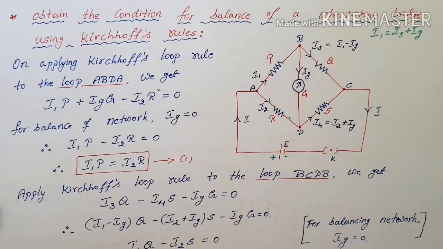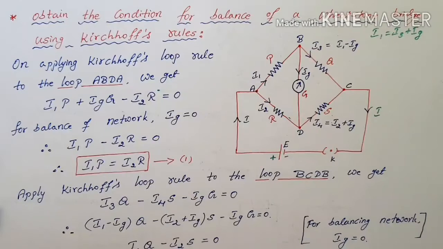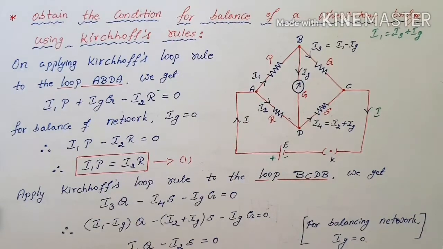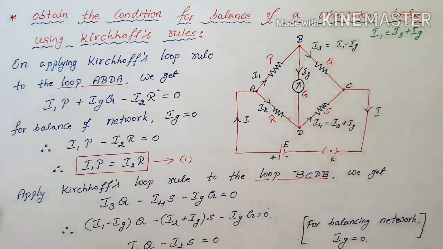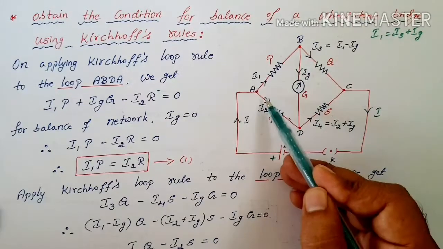Now let's apply the Kirchhoff's loop rule, the Kirchhoff's second law. While applying the Kirchhoff's second law, first we have to select a loop or a mesh. Loop or mesh, as per the definition you studied, is a closed path for the flow of current, right? Here I will divide this entire loop into two parts. One is the part B, D, A. This is the first loop.